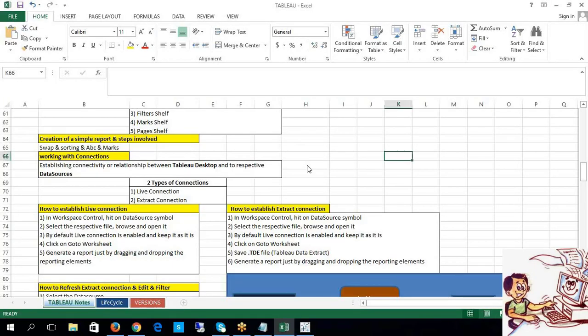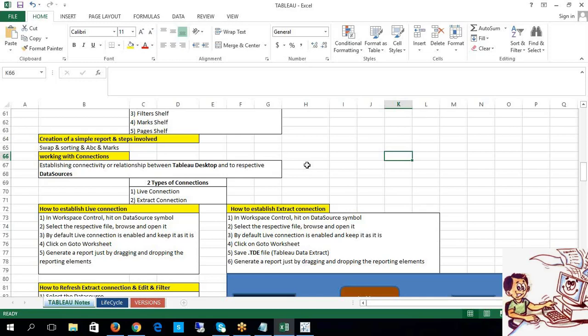So the mandatory element here is the connection. Without having a connection, it is highly impossible to interact with any type of data source.